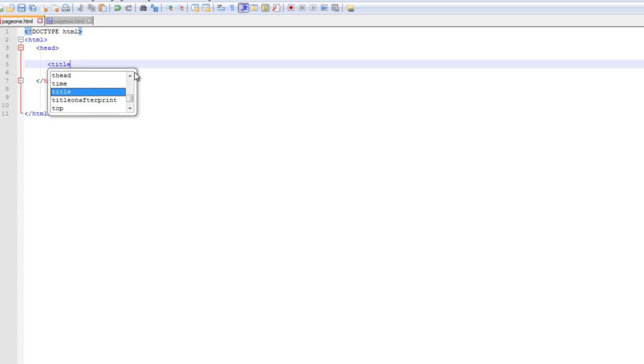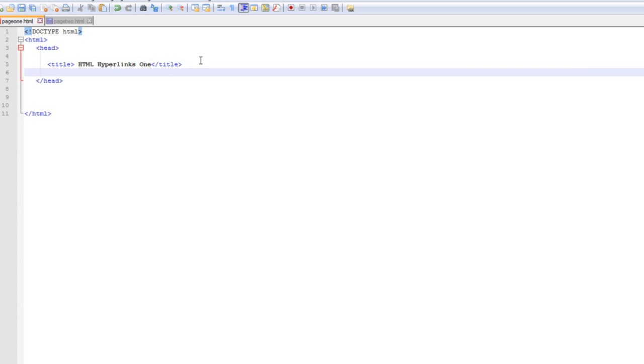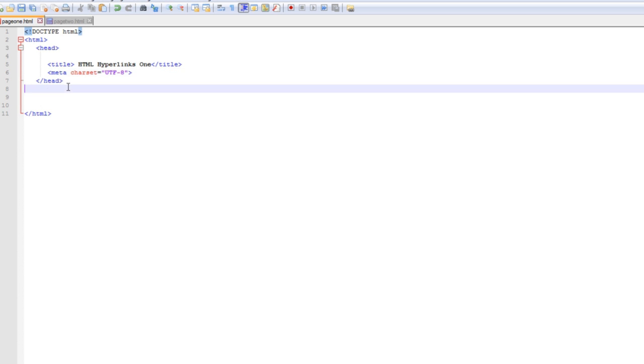So I'm gonna open my title tag and close it, and here I'm gonna give my page a title. I'm gonna call it HTML Hyperlinks 1. That's what I'm gonna call it. And the meta tag, I'm gonna just stick to the usual declaration, charset UTF-8, and close it. Okay, I'm gonna start the body tag and close the body tag,